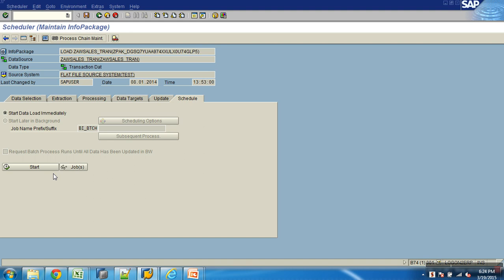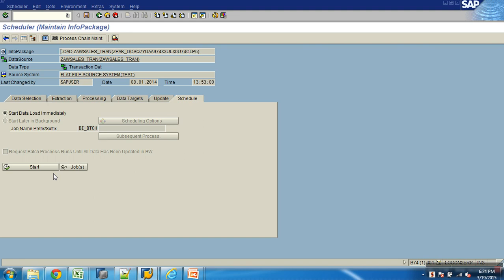In BW, any job or process that you schedule in the background becomes a background job. Like in any SAP environment, when you schedule any activity in the background, we call that a background job. Similarly, when the info package is scheduled in the background, it creates a background job. And what is the T code to see the status of a background job? SM37. SM37 is the T code where you can see the status of any background job.